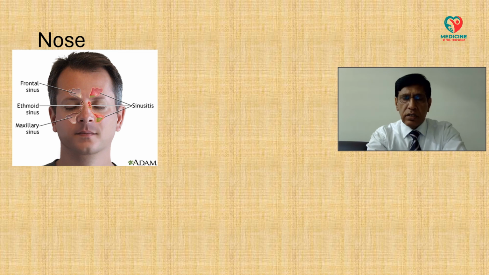Now, sinusitis is a very common presentation in patients in family medicine or general practice, and having some idea that these can be a reason for a headache, for a fever, for nasal blockade, for difficulty in breathing,